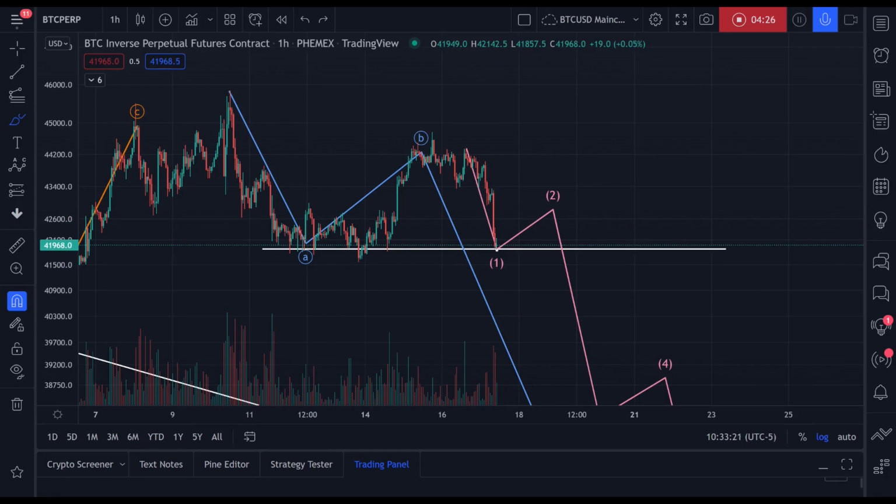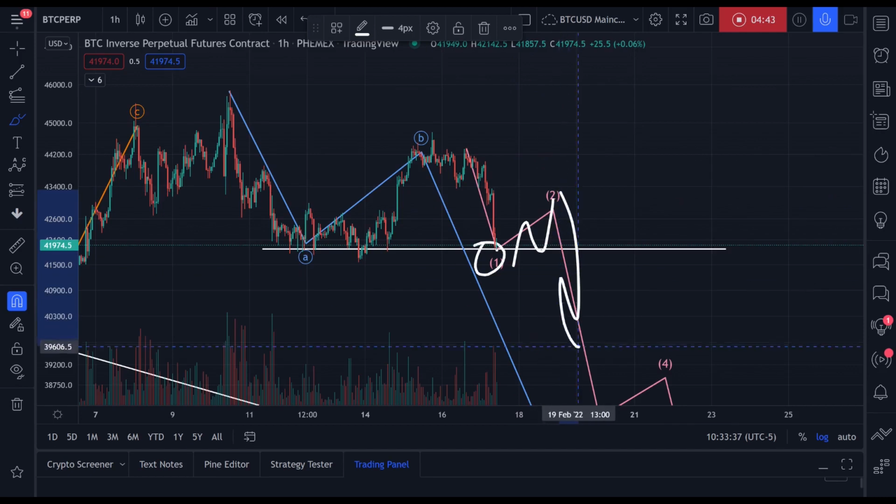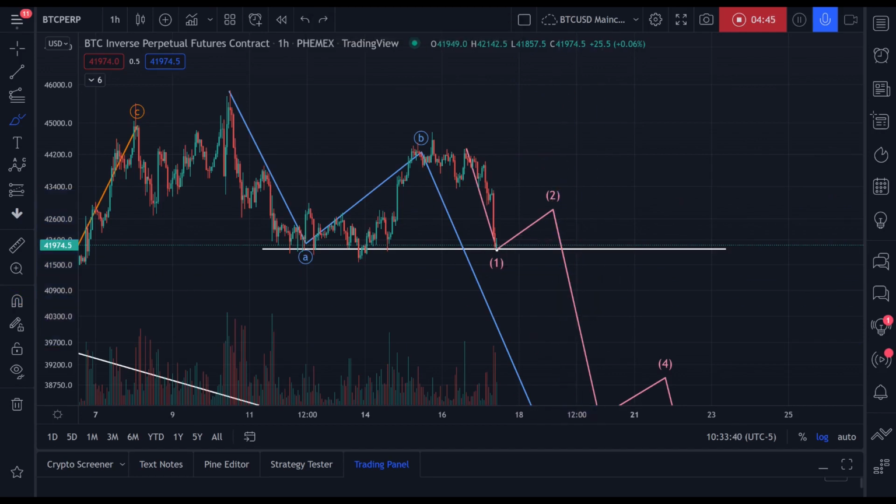What am I doing personally? I'm in a short. I'm looking to take profit, not here. But if I wasn't yet in this trade, I would look for good points of support and wait for the reaction in that two wave before getting in to the bigger moves. Okay, so that's how I'm using this if I'm not already in the trade. If I'm already in the trade, I'm just monitoring, right? I'm not doing anything. I'm letting the trade work for me.